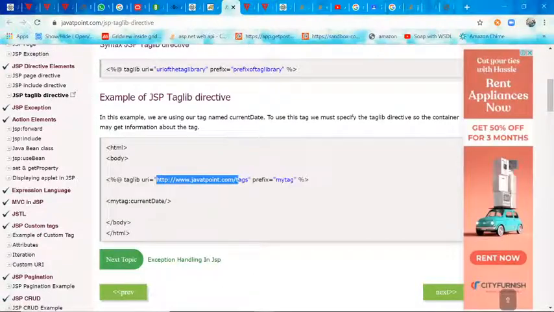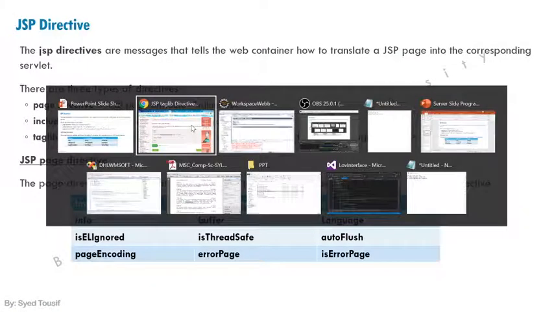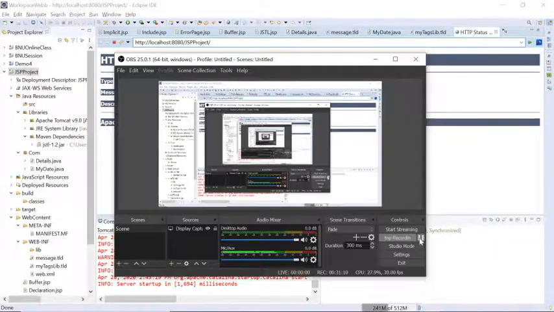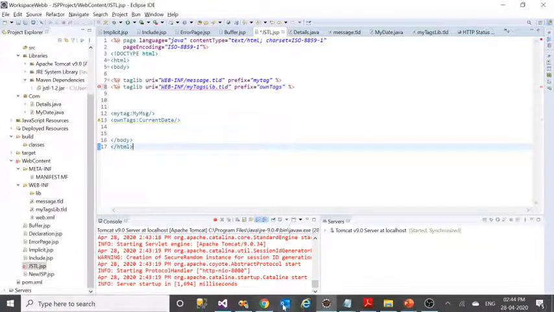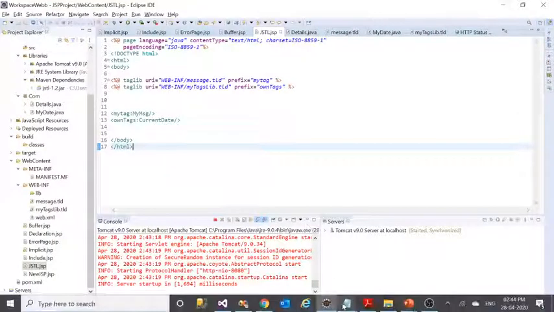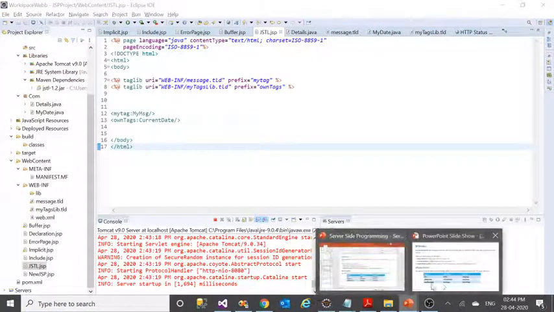We have to give our path, where our path is, then we have to give our tags. This is the tag, like when we run in the local server. Okay, fine. So this is the usage of JSTL, meaning creating custom tags.